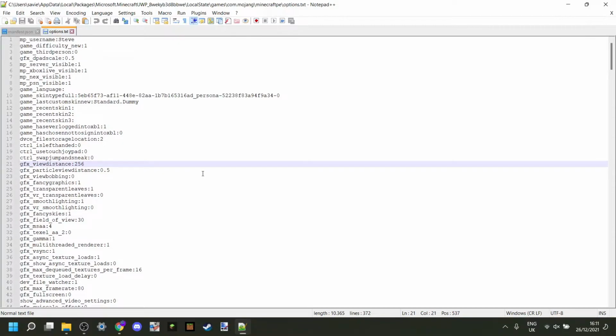Anyways, you can go ahead and edit this to whatever you want. If you want a 1 chunk render distance, then you can go ahead and change this to 16. But I'm going to crank it up a little bit first, and then once we've tested that, I'm going to turn it up all the way to 1000. Anyway, let's turn that to 2048. And that is going to give us